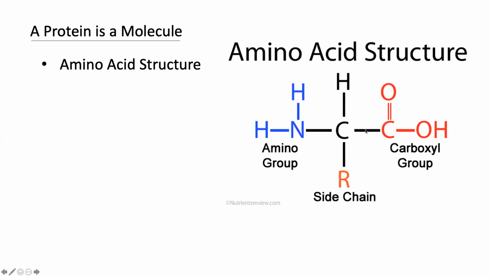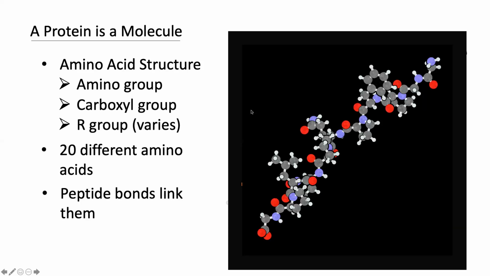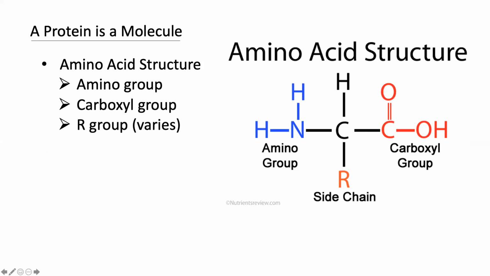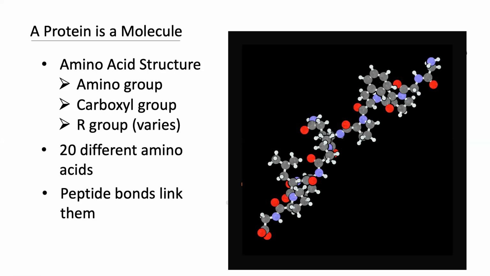What varies between the amino acids is the side chains, which is represented here by the letter R. There are 20 different kinds of amino acids that are used in the human body. You can see all of these have the carboxyl group and the amino group. How they vary is in these R groups over here. Peptide bonds link them. Multiple amino acids will link up. The amino group of one will attach to the carboxyl group of another, and that forms a peptide bond, and those will string together in a long chain with their side chains coming off here. You can see there's a side chain coming off here and a side chain here of the different varying